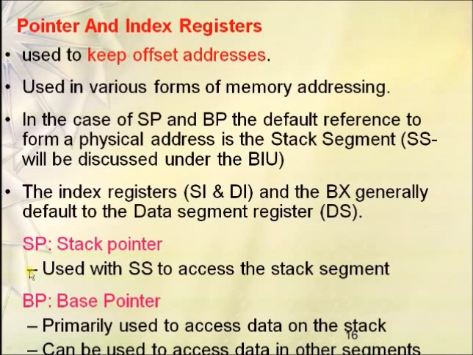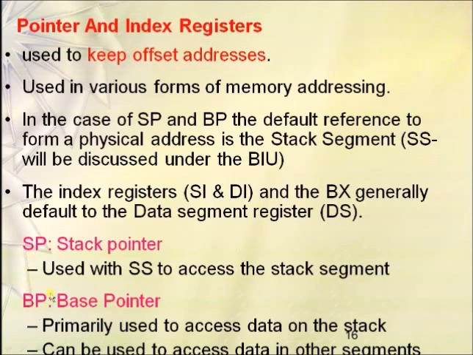If we are carrying out some operations with the stack, and we want to locate an operand which is present inside the stack, then that operand's physical address, or exact location, is obtained by adding the value present in the stack segment register along with the stack pointer. We'll discuss what that stack segment register is, but the physical address of any operand residing in the stack will be obtained by adding the stack segment register along with the stack pointer. So the stack pointer is used for holding the offset address of the stack.